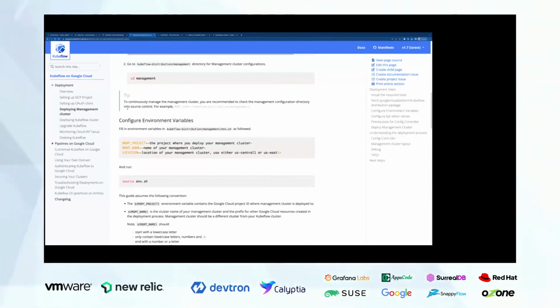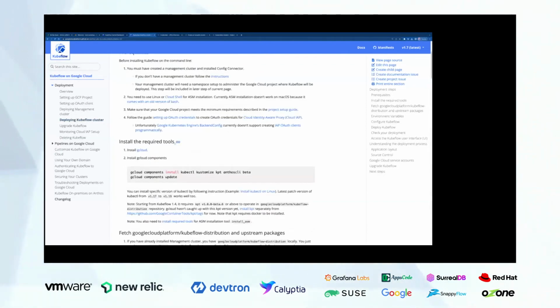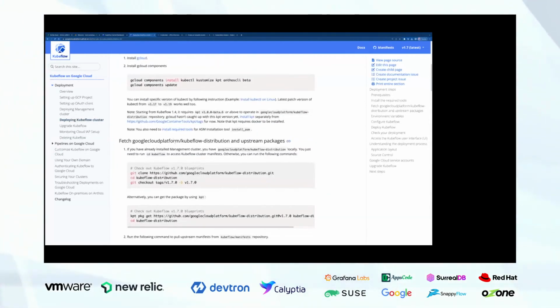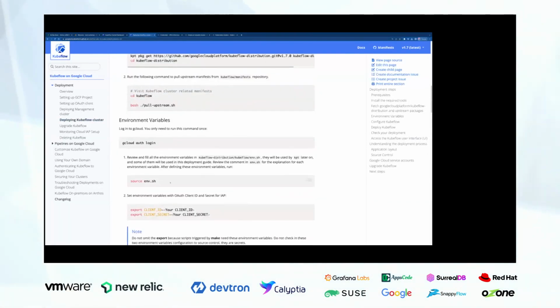So it starts with downloading the Kubeflow deployment. The third step is, now that you have a Kubernetes cluster deployed, the next would be to deploy Kubeflow on top of that. We essentially do pretty much the same thing. We download the Kubeflow source code, and what you do is write this environment file. Here you have, let me just show it to you.